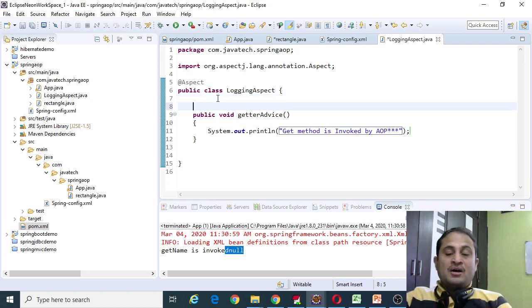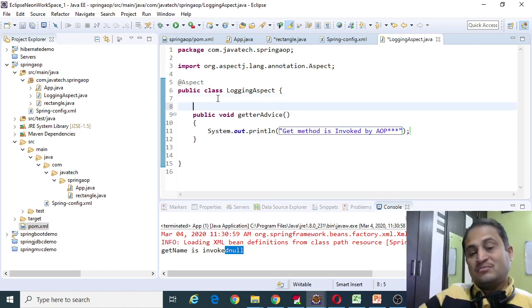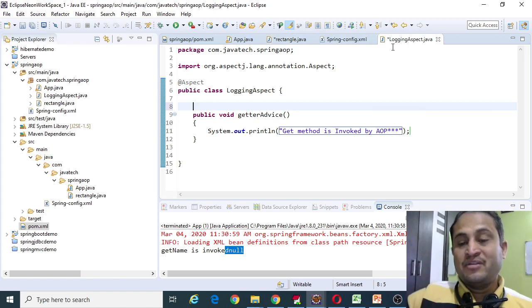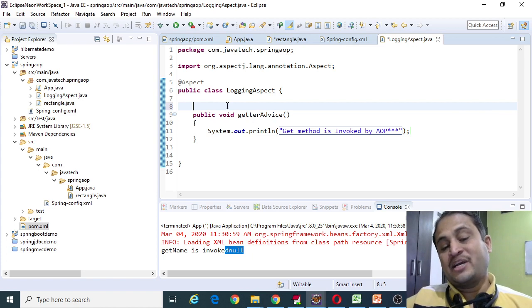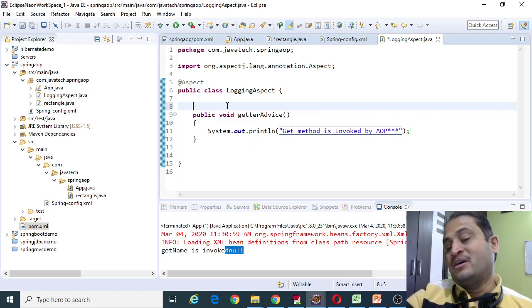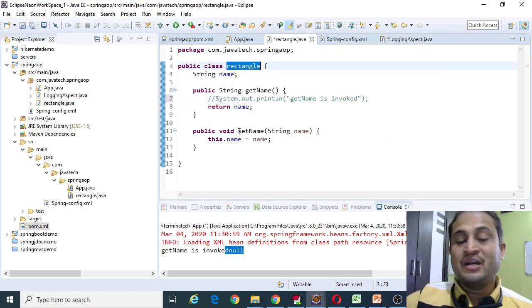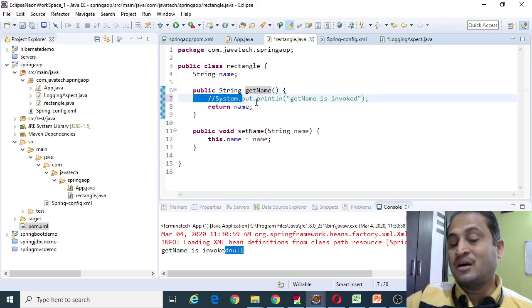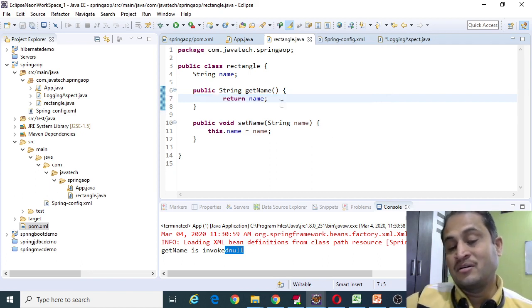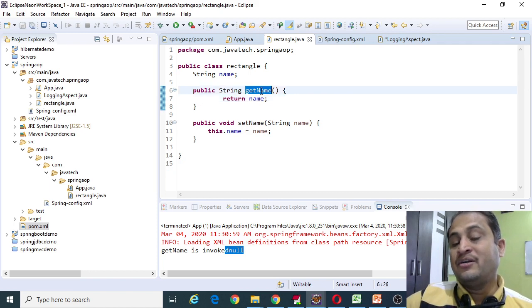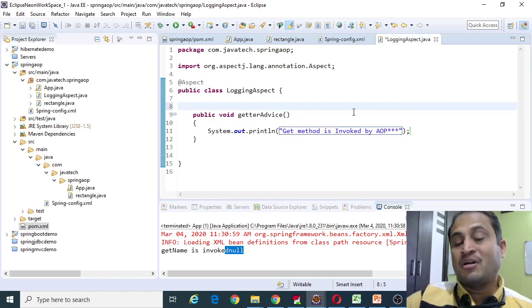I need to tell that rectangle is my business class and I need to enable, right? There is an aspect for all get methods, the execution we need to redirect here. Even though the rectangle dot get method is invoked, I just commented everything here. Let me remove this completely, I haven't done anything, nothing is printed on the console. I need to enable this get name, right? So the logging aspect,